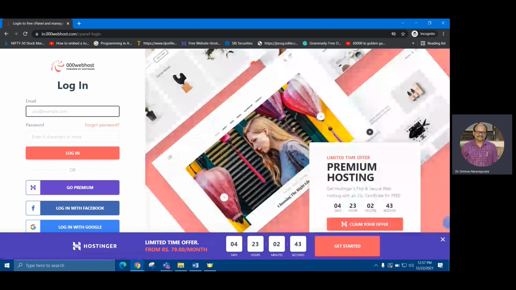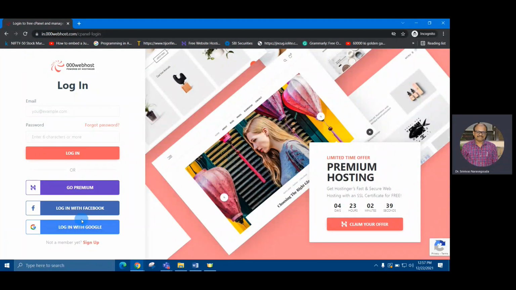You can sign in using either your Facebook or your Gmail. I'm going to use the Gmail ID.